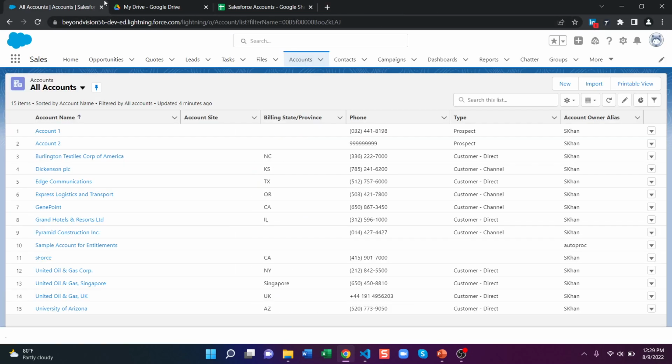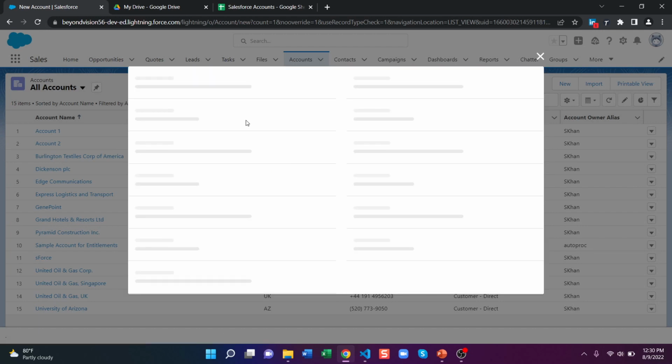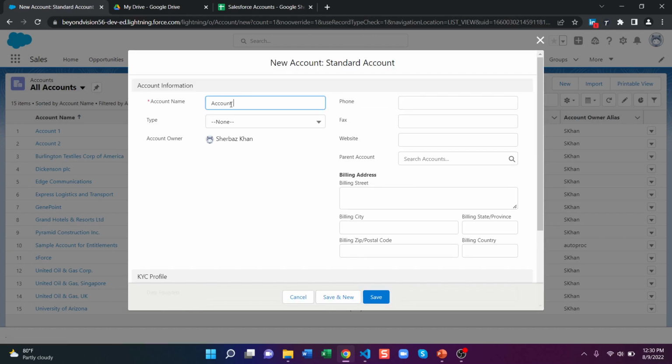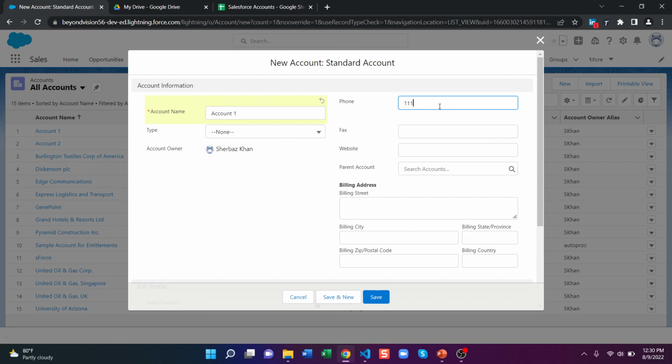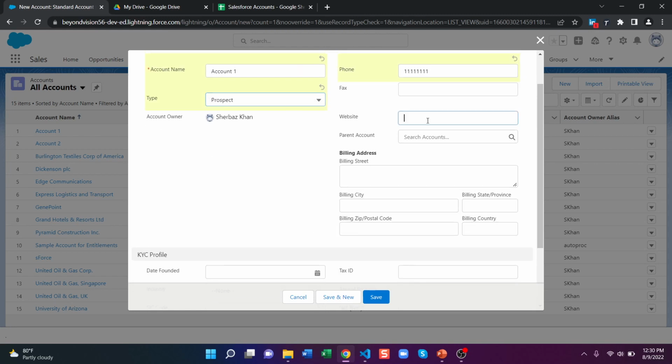Okay, logout successful. Let's go back to Salesforce. From here we will create a new account. Let's see, new, standard account, next. Let's type account 1 for now. Phone number can be 111111 just to make sure. Prospect, website can be